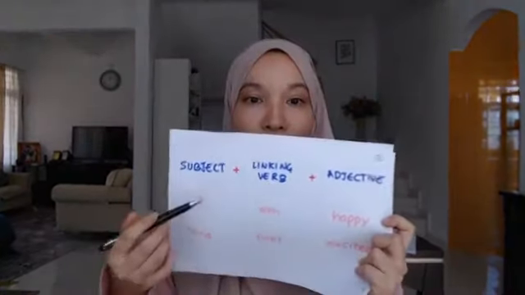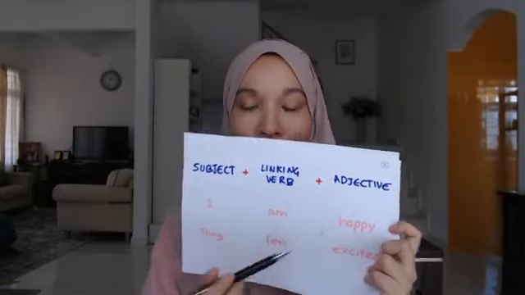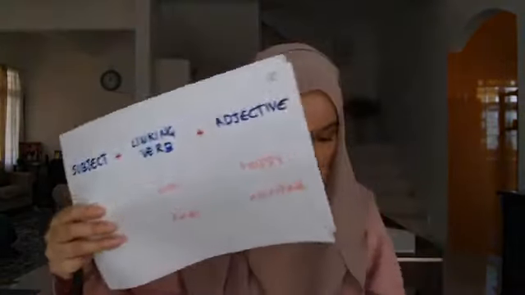Okay, so let's do that again. Subject, I. Linking verb, an example is am, and then happy. All right, so we've covered that. So subjects, we know it means humans, because only humans have feelings. And in this case, we're talking about you and me and people around the world, the crowd, the audience. All right, now we are going to talk about the errors that people make when it comes to describing